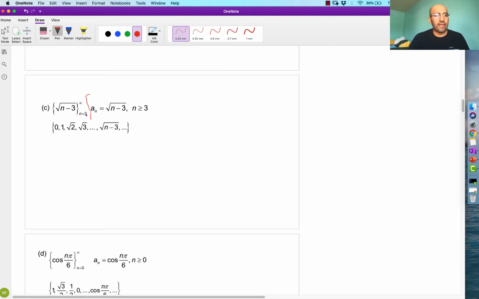Notice that in this case, n does not start at 1. Because if we let n equal 1, we'd end up with 1 minus 3, which is negative, and the square root of a negative gets us into the imaginaries, and we don't want to do that. So this sequence is identified as starting at n equals 3, out to infinity. That's okay. We can start at any integer value as long as this goes out to infinity. We are only focusing on sequences that don't have an end. They go out to infinity. Another way of describing it is this way, and then of course there's the function notation, or this way, where we start with a few key values and then jump over to the nth value.